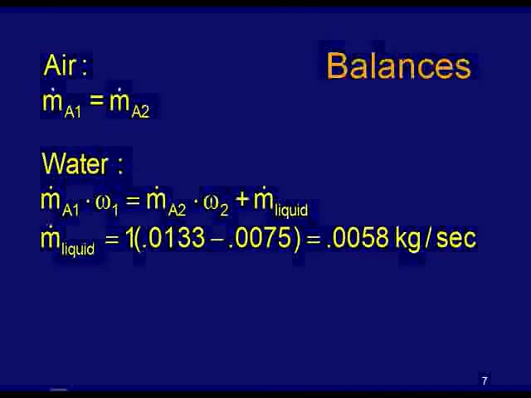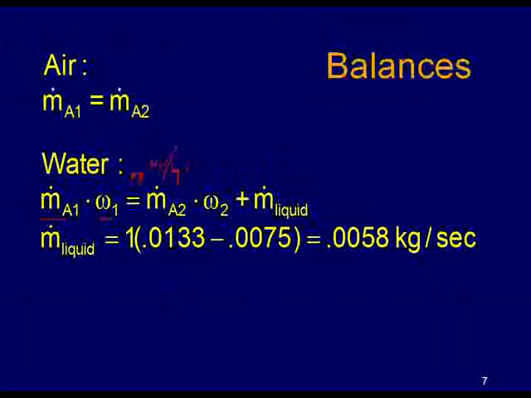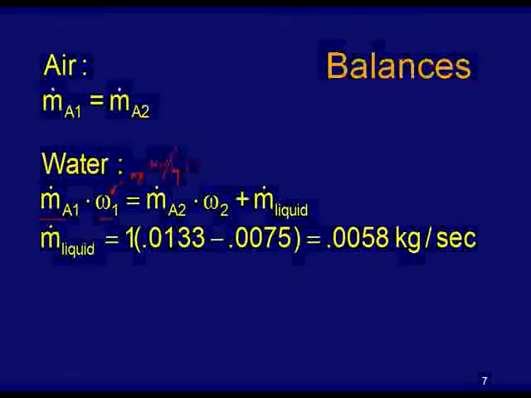So next we have to do our balances, and first we'll do our balance on air. That's kind of trivial. The mass flow of the air, this is just the air in the air-water mixture stream. Mass flow of air in equals mass flow of air out. The water balance is the mass flow of air times the absolute humidity, and remember that was kilograms of H2O per kilogram of just air, this omega, is equal to the same thing going out, the mass flow of the air times omega 2